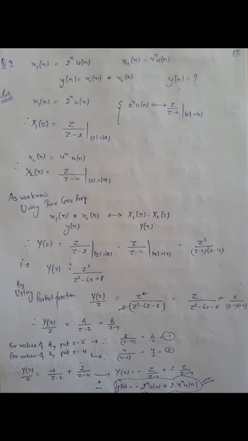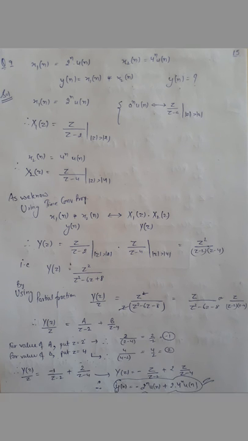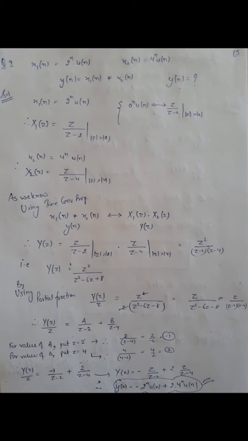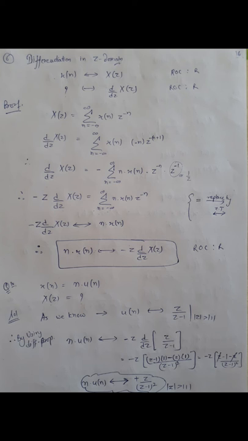Now using partial fractions, we will get Y(z) by z equal to z square upon z into (z minus 2)(z minus 4); z will cancel out with one z, and we will get A by (z minus 2) plus B by (z minus 4). Find out the values of A and B by putting z equal to 2 and z equal to 4 in this upper part. We will get the value of A as minus 2, and the value of B as plus 2. So Y(z) is equal to minus 2z upon z minus 2 plus 2z upon z minus 4. So y[n] will be minus 2 raised to power n u[n] plus 2 into 4 raised to power n u[n].